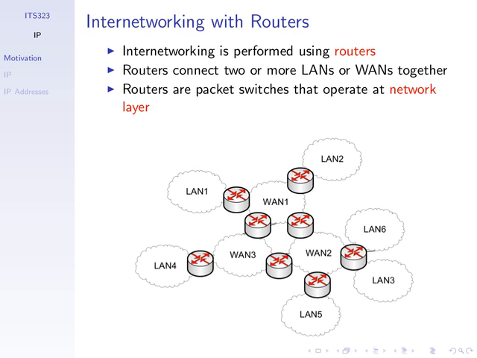So when I draw a cloud now, I mean any type of network. It could be a star topology in here, a bus topology, a point-to-point link. I don't care at this level of detail. I'm just saying that there are stations, there are computing devices somehow attached to this network, and there's a router attached to it. So here's one station,